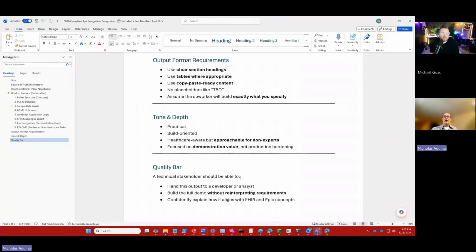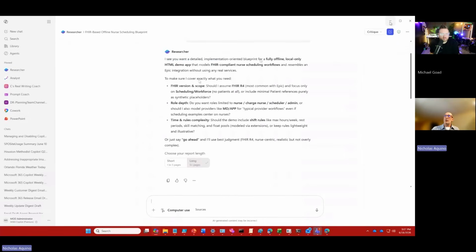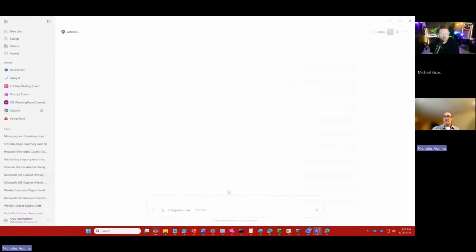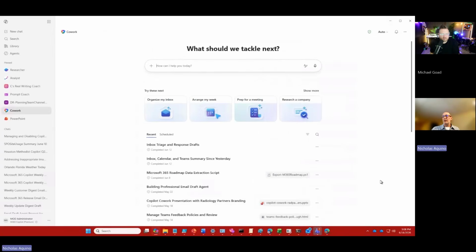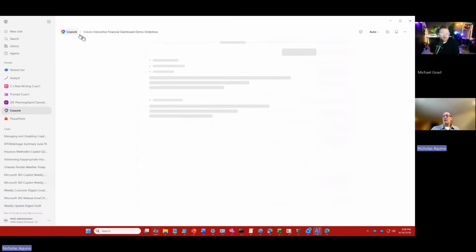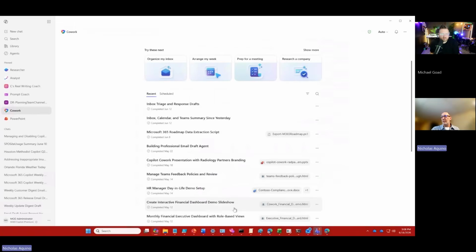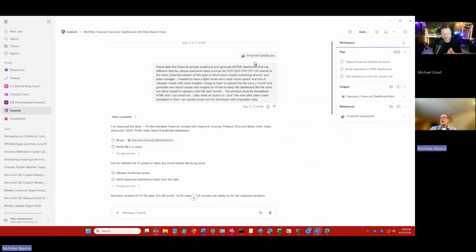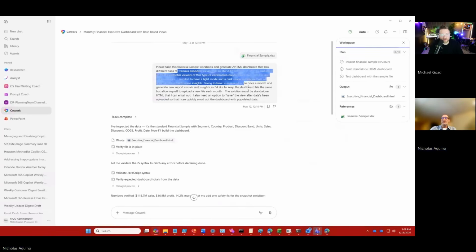And so what you come out with is a file that has your application requirements in it. You have a really great prompt that you can run. And then from there, you can run it in Cowork. And let me pull up the financial sample example. So you can see I have my financial sample referenced here. This is not the original prompt,